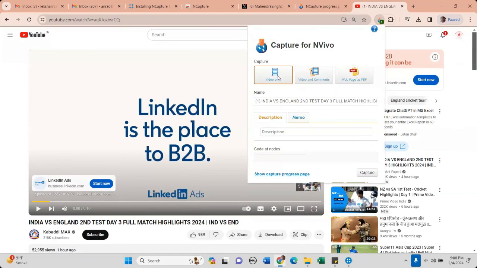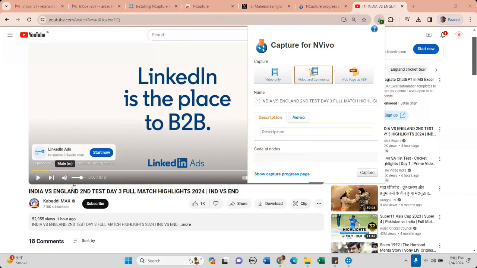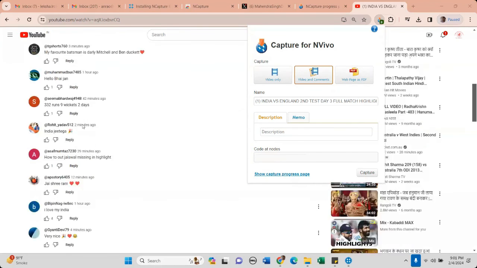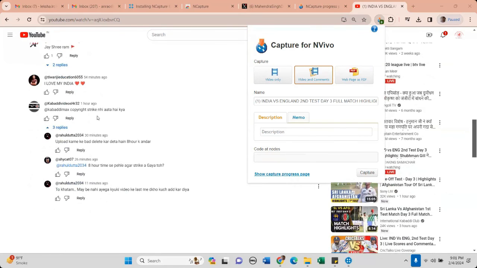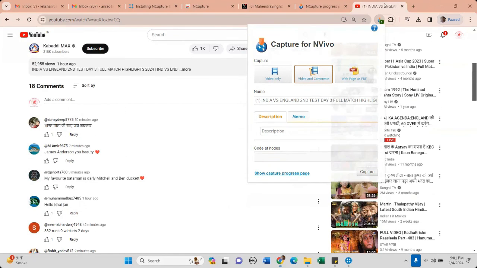Whether you want to capture video, whether you want to capture video comments, whether you want to capture this particular page as a PDF. Okay. If you do it, it will take a lot of time. Even a 1 minute video will take at least 30 minutes, 40 minutes also. So right now, I'm not showing it, but this is the way one can select whichever you want. And if you click on encapture, it will take some time, but it will bring all the comments, whether 1,000 comments, 200,000 comments. It will scrap the data and it will give you a particular page. Now let's go to